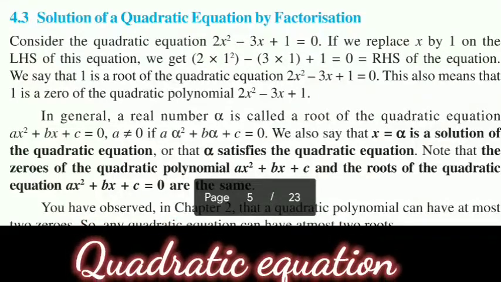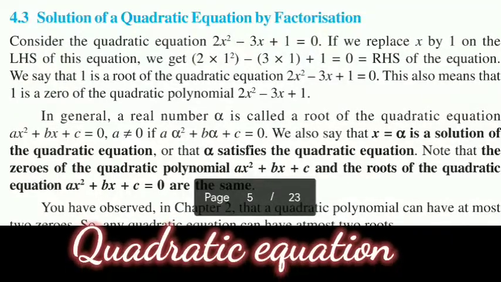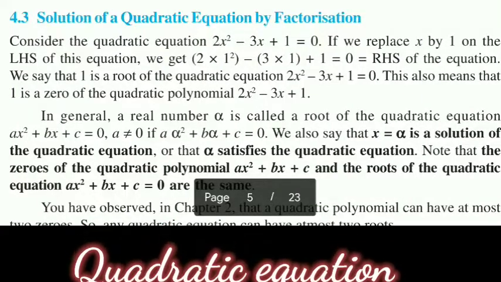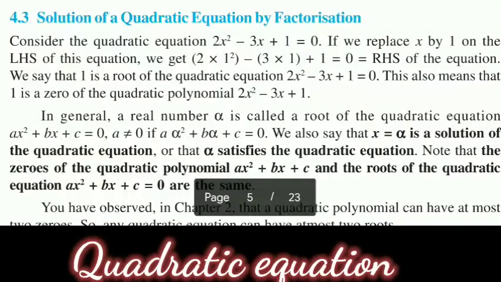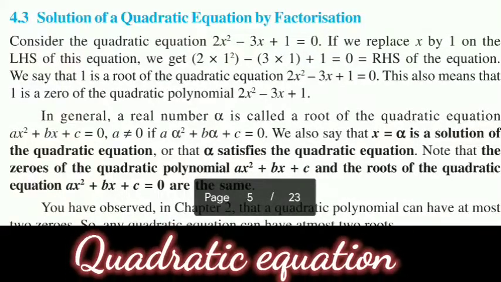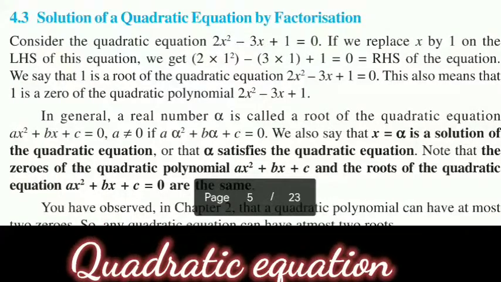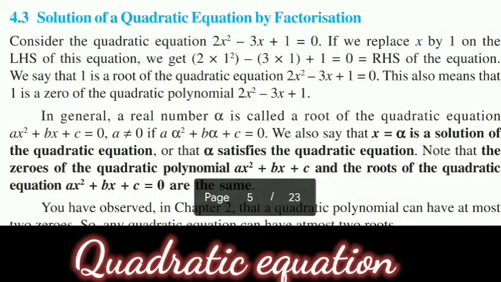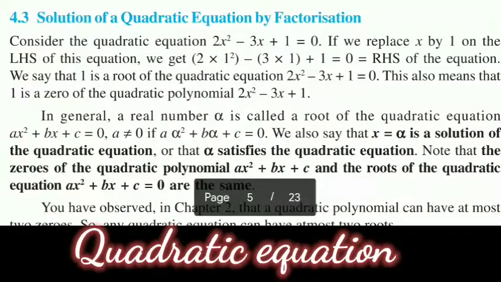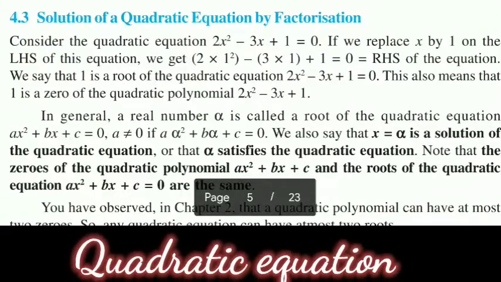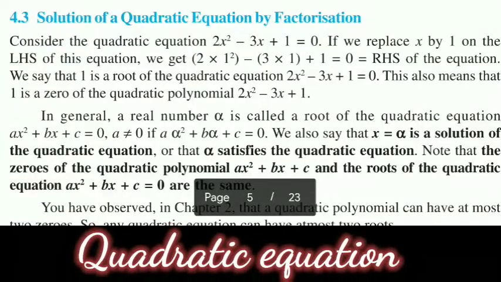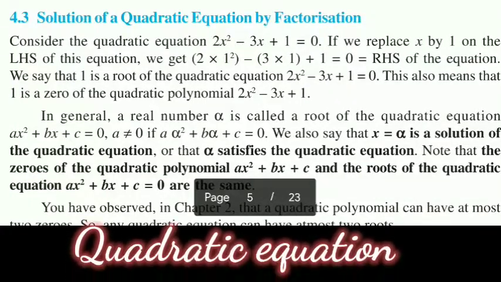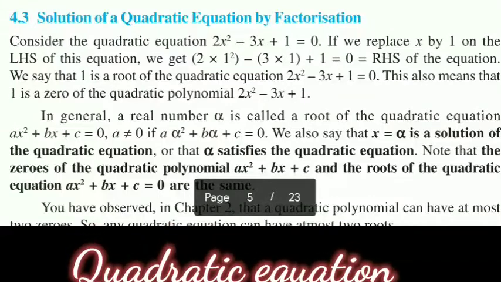Just you have studied in the previous class the factor theorem. If p(a) is equal to 0, it means x minus a is a factor of the given polynomial, and otherwise you can say, in other words, if x minus a is a factor of the given polynomial, then p(a) is equal to 0. Same thing here. It means if we are putting the value 1, suppose p(x) is equal to 2x square minus 3x plus 1 and we are going to find out the value of p(1). So p(1) is equal to what is coming? 0 is coming. So just like the factor theorem.